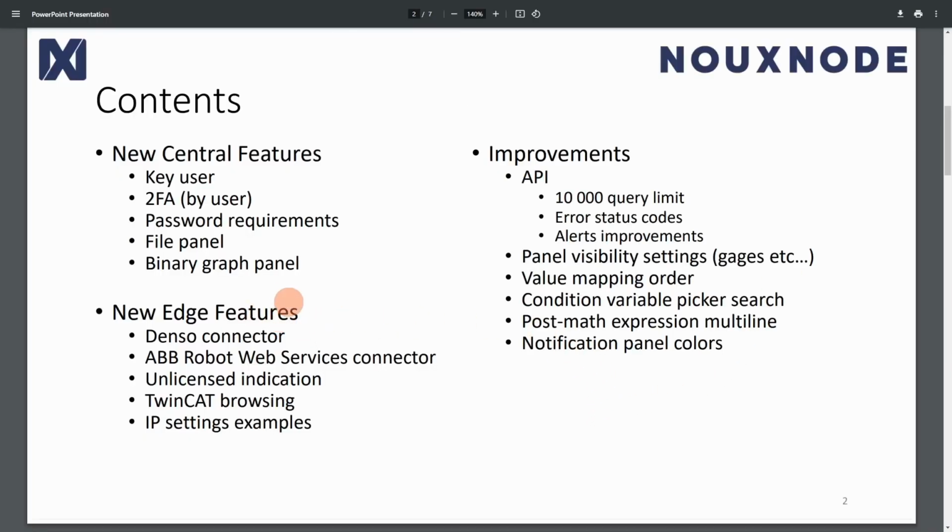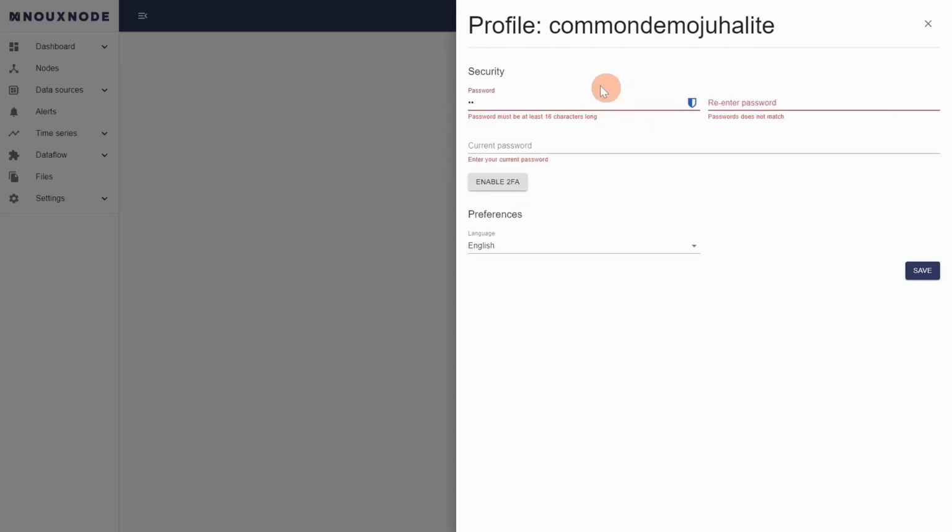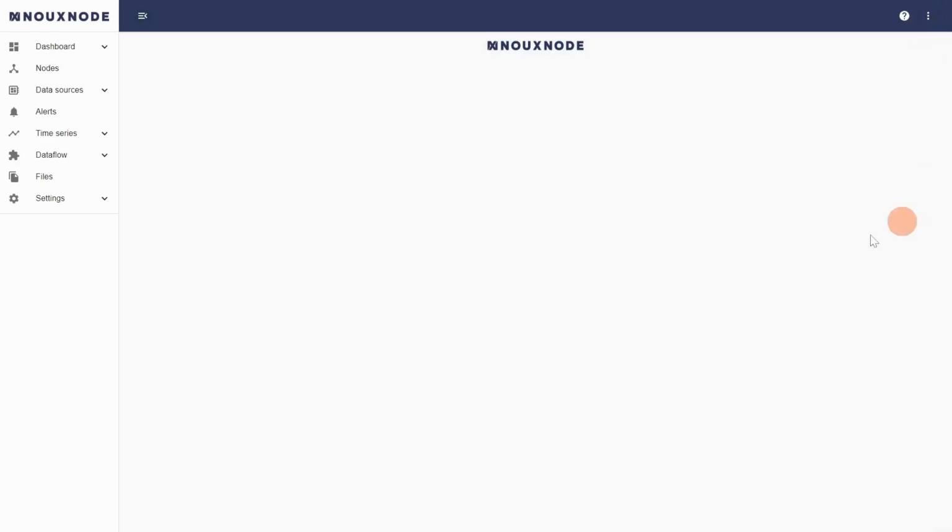Okay, and once we are here, this password requirements. This is also a security update. So here you can see this is also the place where you can create a new password. So if I start writing something here, you notice that it says now that it needs to have certain things here. We have added these requirements for the passwords, and you can see what those requirements are